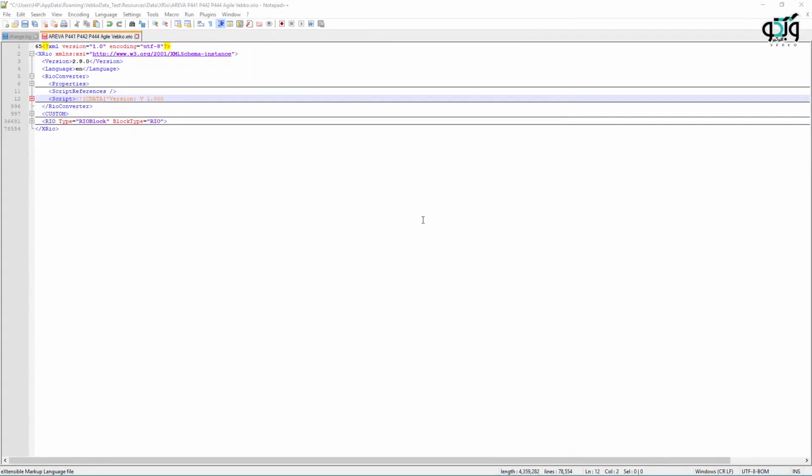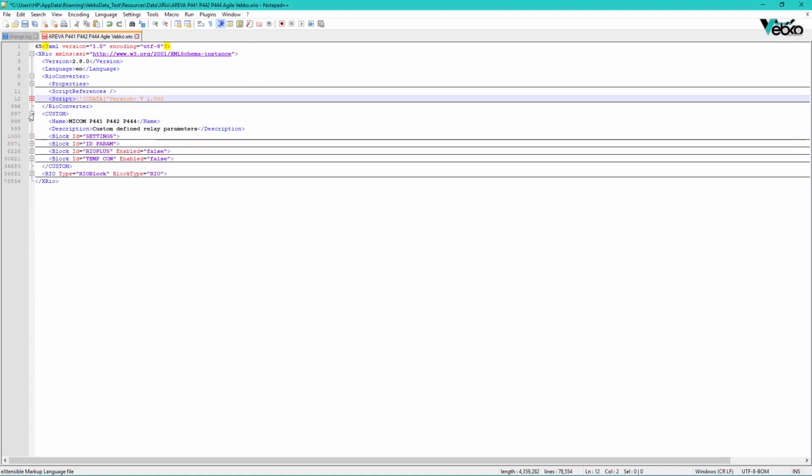In previous sections, some explanations about XRio converter and ways of addressing parameters were provided. According to what has been said, XRio has a series of XML codes as well as various parts such as script, custom, and Rio. In custom, all the information that is included in the tree diagram of the software is defined